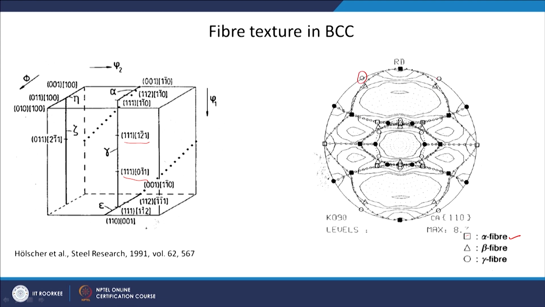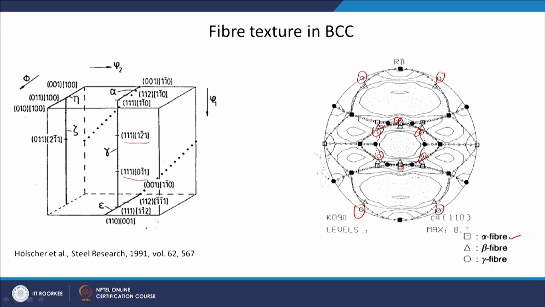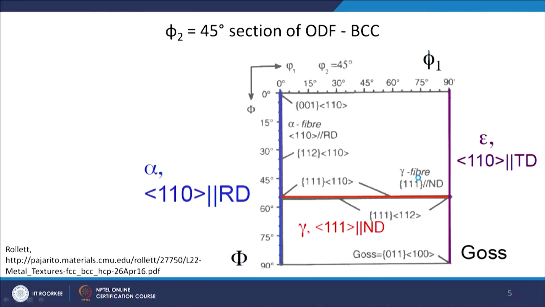For example, for gamma fiber the positions are marked here, here, okay, and some locations within. So, all these positions are marked. Similarly, for beta fiber and gamma fiber. So, all these texture components can be shown on either a pole figure or Euler space also, or in terms of HKL UVW values which we have seen in the previous slide. One of the most important sections when we talk about BCC material and in terms of their formability